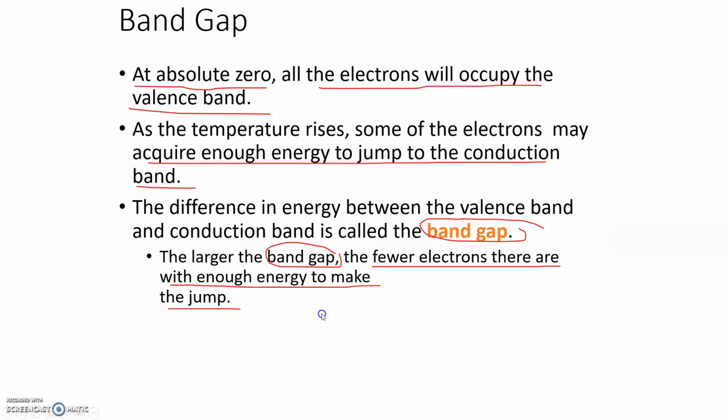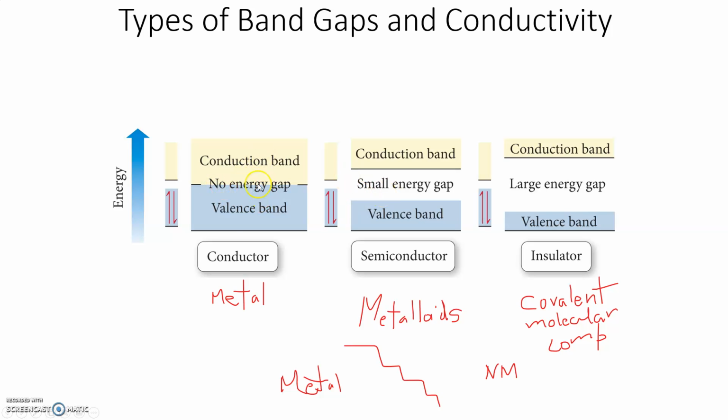The closeness or the height of these bands can produce a conductor, a semiconductor, or an insulator, as you can see here. The semiconductors are the metalloids that are between the metals and the nonmetals, while the covalent molecular compounds are insulators because they have a very large gap between the valence band and the conduction band. Here in the metals, the energy gap is too small, so the valence band can go into the conduction band